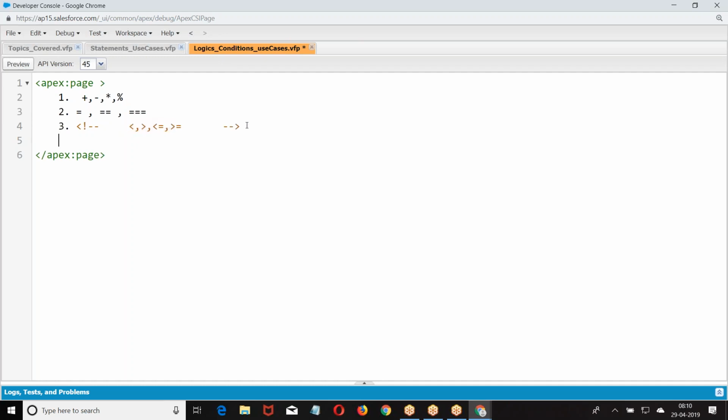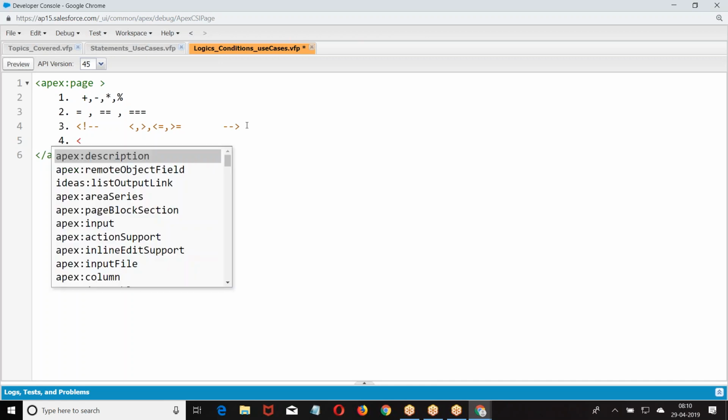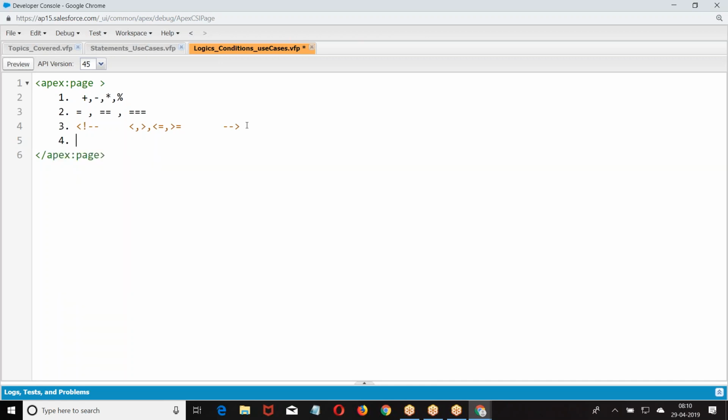Right. Similarly, when you go to the other logical operators, we have and, or, we have the ternary operator, statement or condition.